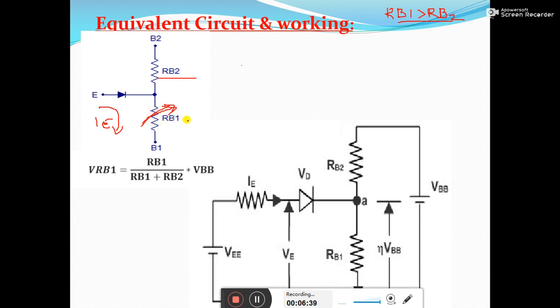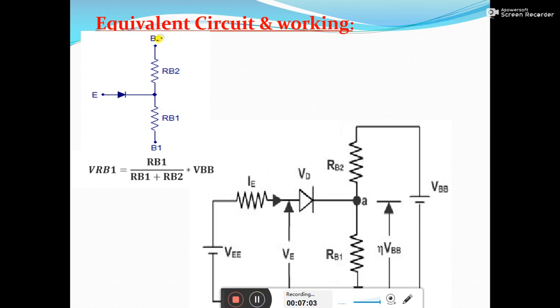Okay, and here we should discuss some important terms that are related to an equivalent circuit. So let us discuss one by one. The very first one is the interbase resistance. So remember, let's make some changes here. Let's erase all the things which I have done here.